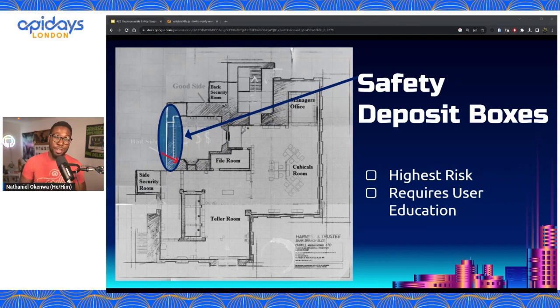And one step above the vault, you might have the safety deposit box. These are the highest end of security because, even though they're in the bank, in the vault, you still need a security key to open them. And this is the highest risk. So, this would require lots of user education. The friction here is actually a plus, it's part of the experience because it's such an important thing.